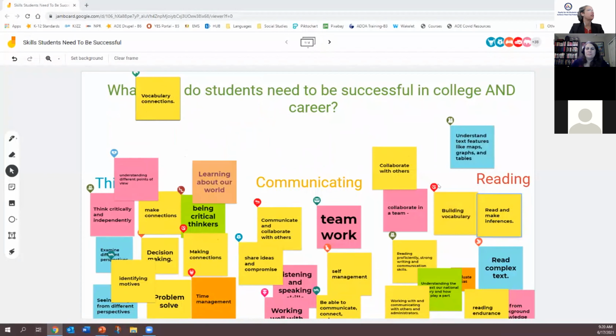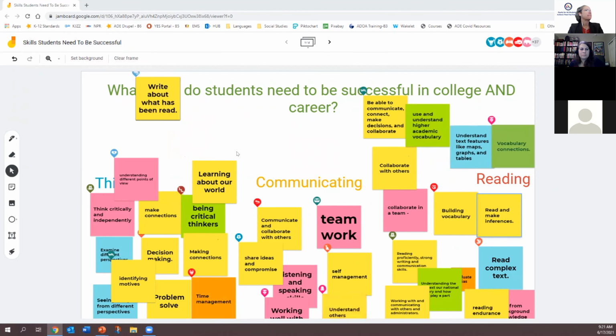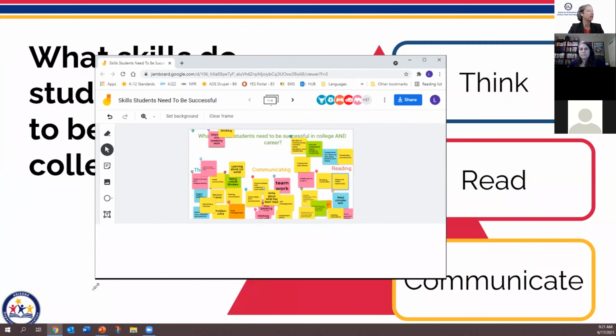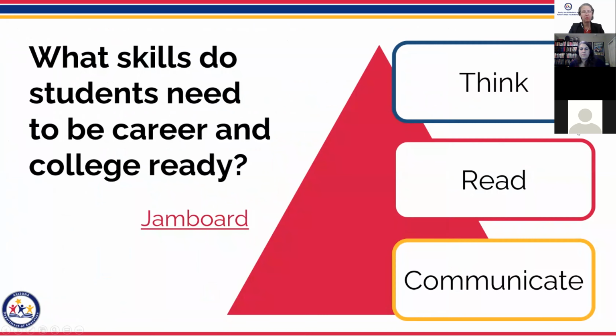When we wrote the standards, we did write them with this idea of what do we want the end outcome to be? And that's really when we think of the standards and how they go forward, what exactly are they looking like? All right, I'm just going to let you finish that up. Looks like pretty much everyone's got something on there. All right, so I'm going to make this not so big anymore so we can see the slide. All right, wonderful. We'll come back to that Jamboard a little bit later and show you a different way of doing things.